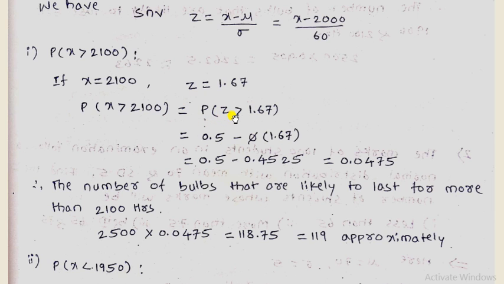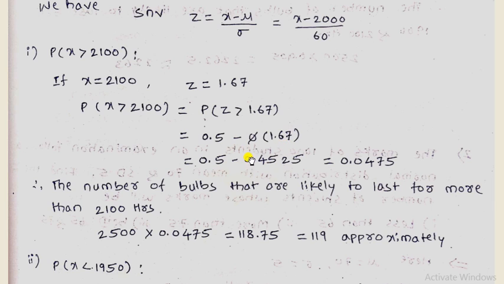According to the previous formula, when z is greater than z2, the formula is 0.5 minus phi of z2, so z2 is 1.67. So we write 0.5 minus phi of 1.67, so 0.5 minus